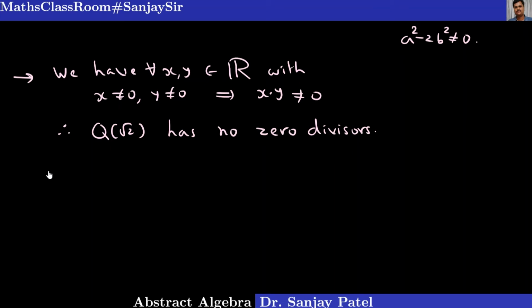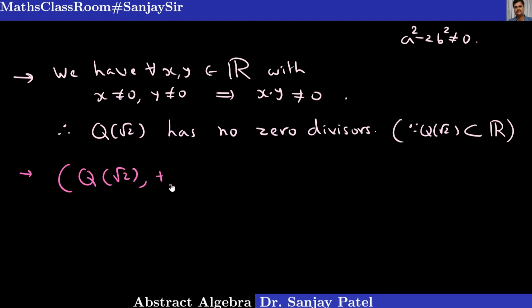But we know that if you take two non-zero elements, then their product can never be 0 in the set of real numbers, and therefore the same is true for the set Q root 2, because Q root 2 is a subset of the set of real numbers. So every element of Q root 2 is also an element of R. So if R has no zero divisors, then its subset also does not have zero divisors. Okay, so the final conclusion for this problem, which we have discussed in detail, is that the ring